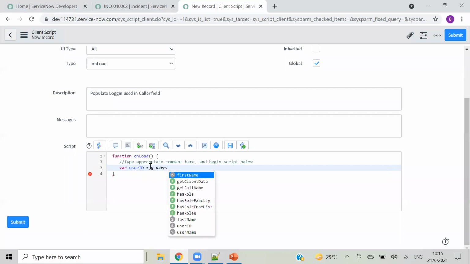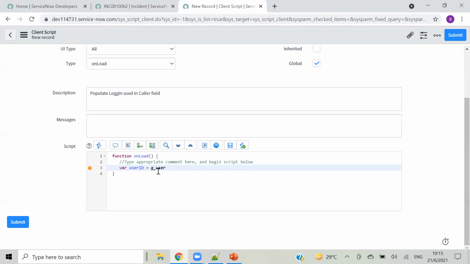So I'm using g_user.userID, so I will get his sys ID. Like I have told you, with g_form we can access things from fields on the form, like getValue and setValue, and we have one more glide object, g_user, and that will pull user related data.